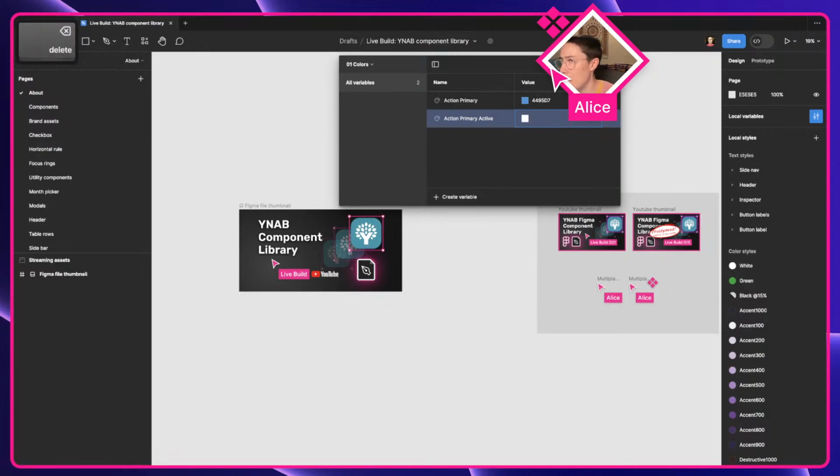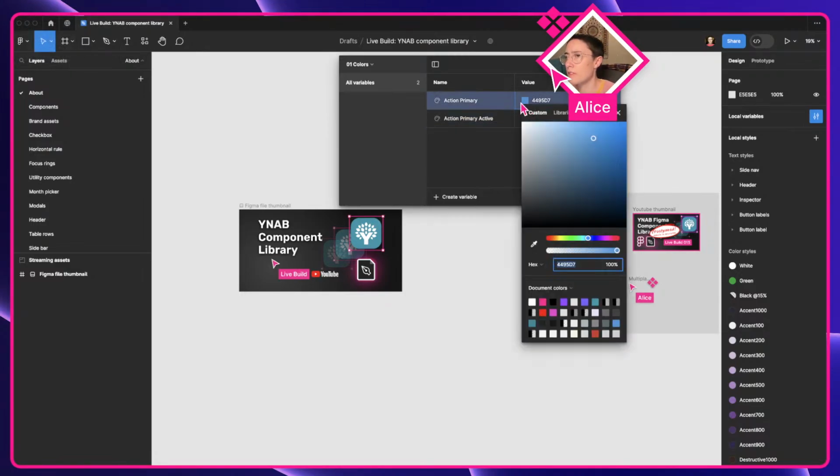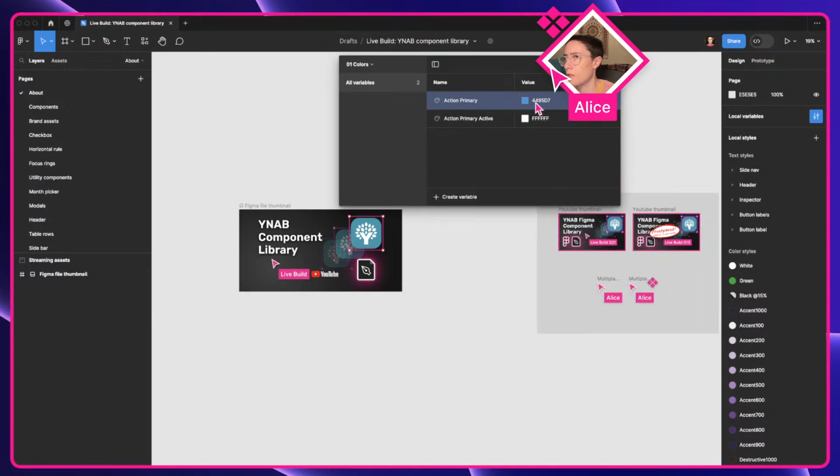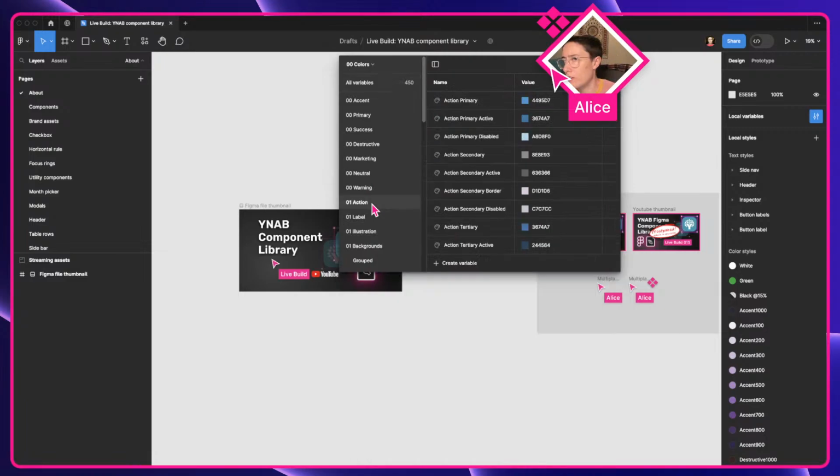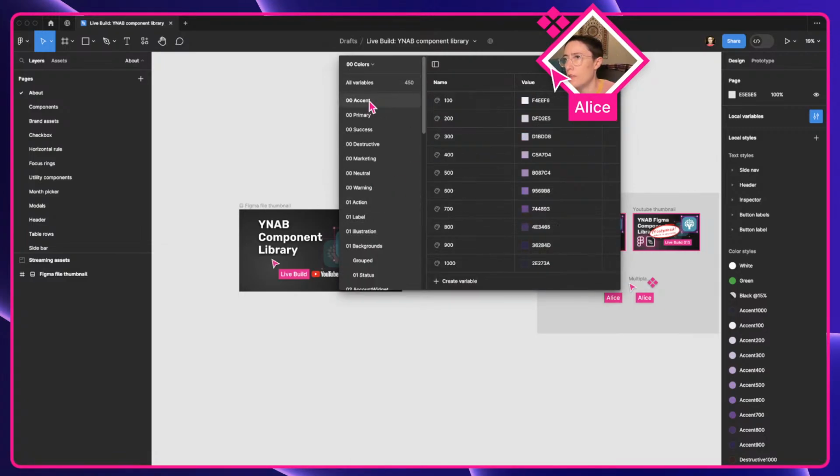Oh, I seem to have only copied the 3 to my clipboard. We know that this color already exists, so 4495D7. Let's look for that. We want to alias. That's the whole point of what we're doing. So that would probably be